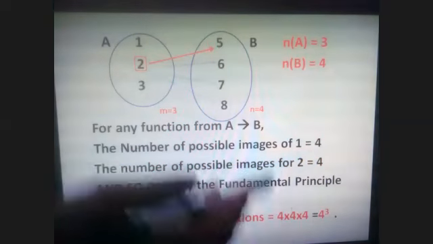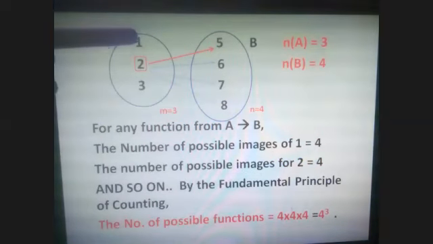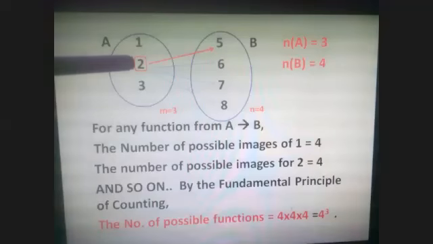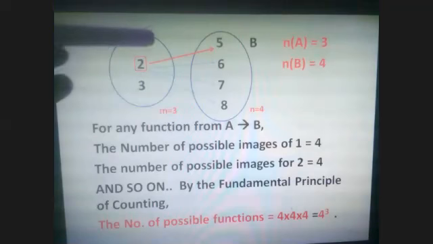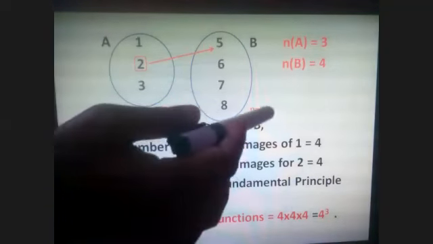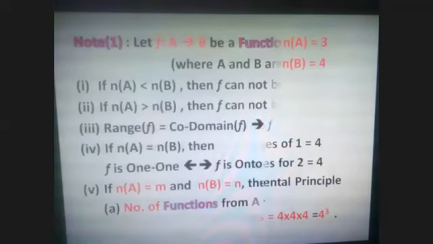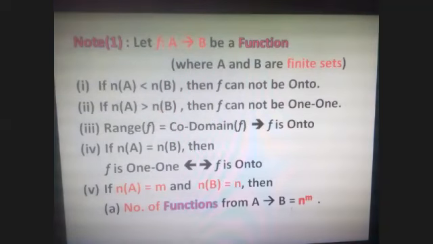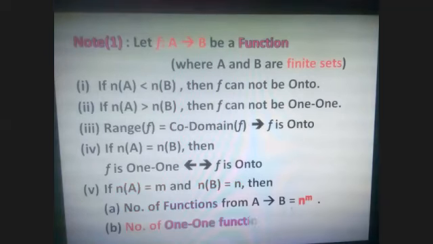By the fundamental principle of counting, 1 has 4 possible images, no matter whatever is selected, 2 has 4 possible images, and 3 also has 4 possible images. So the total number of possible functions will be 4 into 4 into 4, or 4 raised to 3. 4 is n, that is n raised to m. Clear? The number of possible functions from A to B is n raised to m, where the number of elements of A is m and of B is n. You have to remember it because you have to encounter